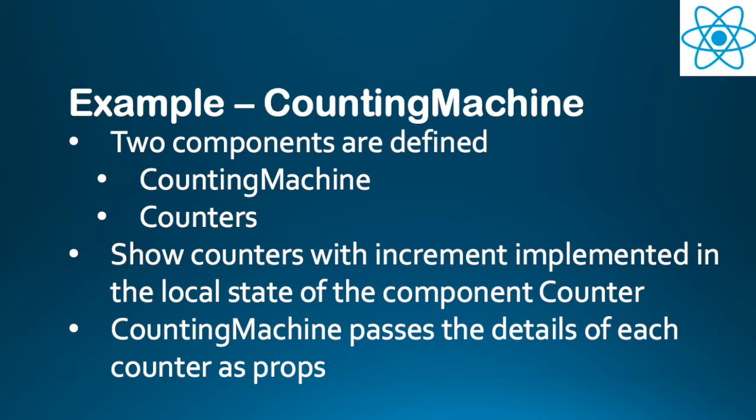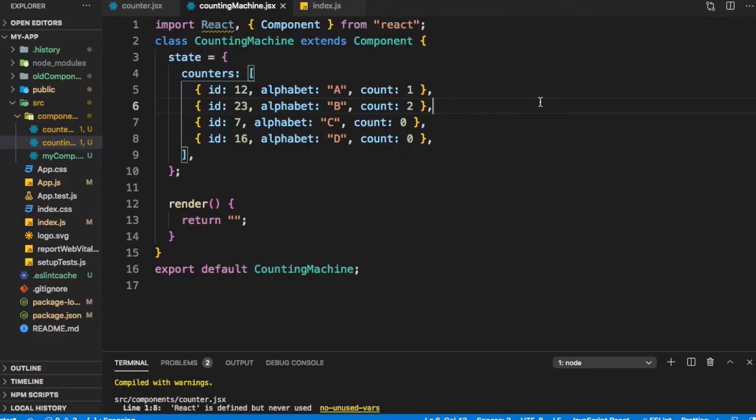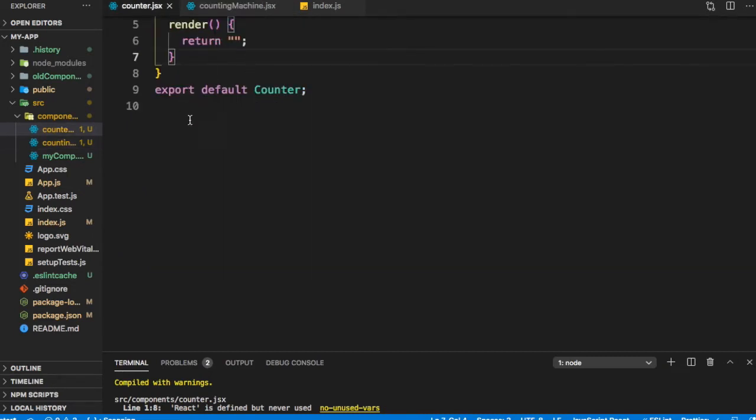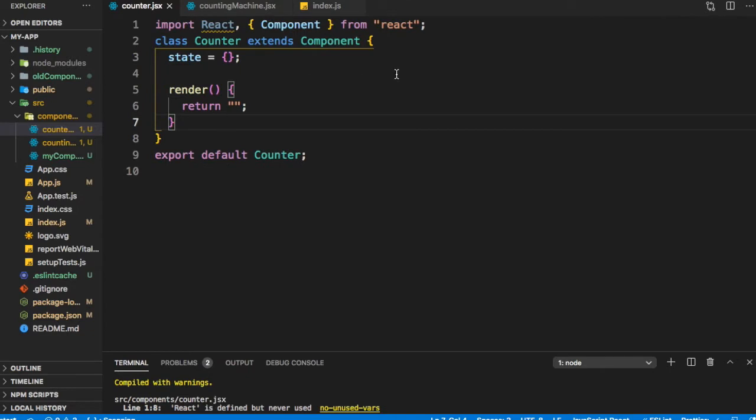In this example, CountingMachine, we will create two components, CountingMachine and Counter. And we would use props to pass information from CountingMachine to Counter and display them. So here we have defined two components. The first one is CountingMachine and the other one is a component called Counter.